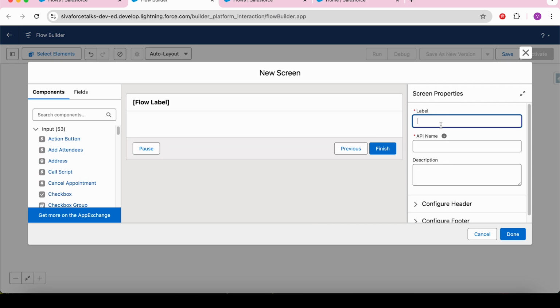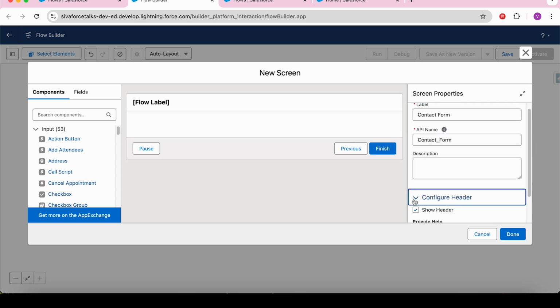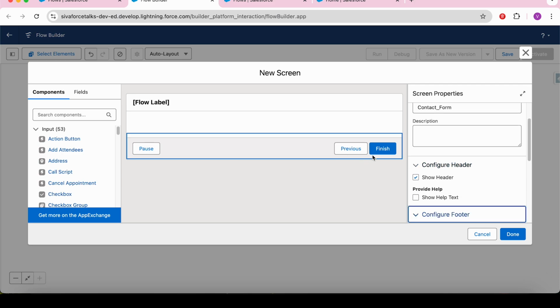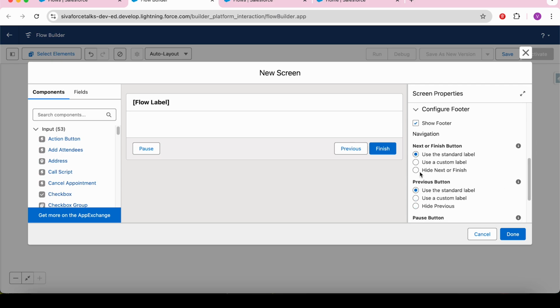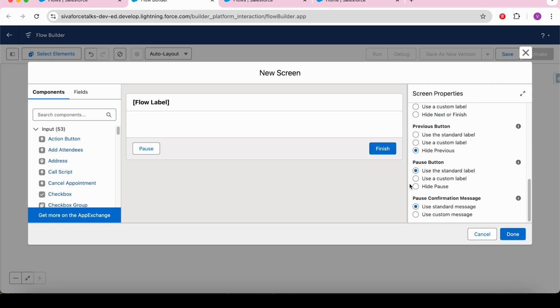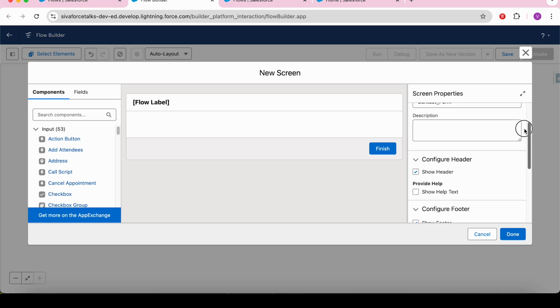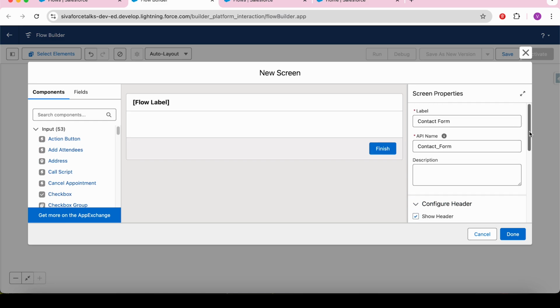Now let's start with naming this. I'm just naming it Contact Form. And we have options for configuring the header and the footer. The footer buttons are Pause, Previous, and Finish. If you want to hide some things, like the Previous button, I can hide it. If I want to hide Pause, I can hide it. These will be discussed later. Similarly, if you want to hide the header, you can hide the header. Once the label is created,